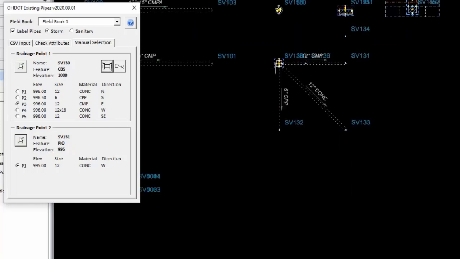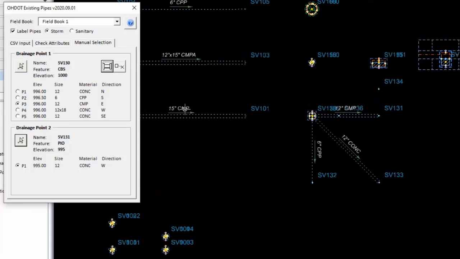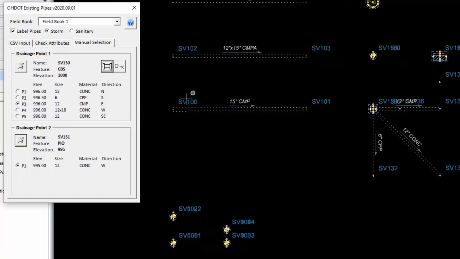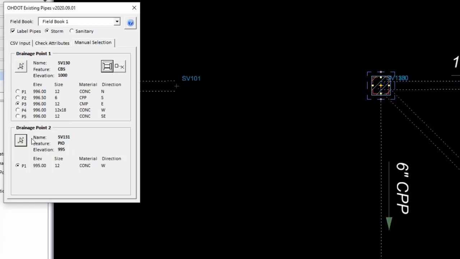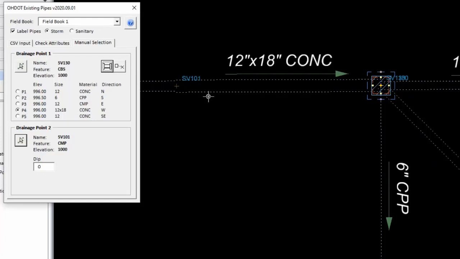Okay, I want to point out that this will work with the codes that are intended for use with a BL asterisk and EL asterisk. Any of these points, there's a 15-inch CMP that was collected for the open pipe with a BL asterisk and EL asterisk mapping code. I'm going to go ahead and use that to connect up. So if I select that point, and there was one going to the west, and it says it's an elliptical pipe, I'm going to go ahead and connect those together. So that's, again, using the label from drainage point 1.